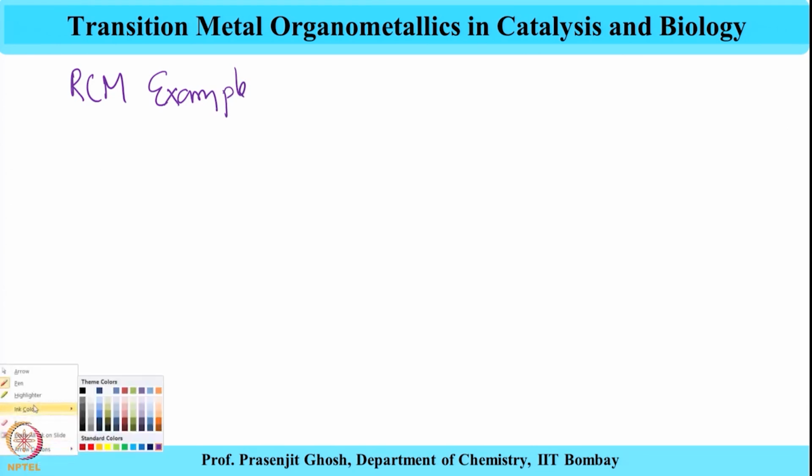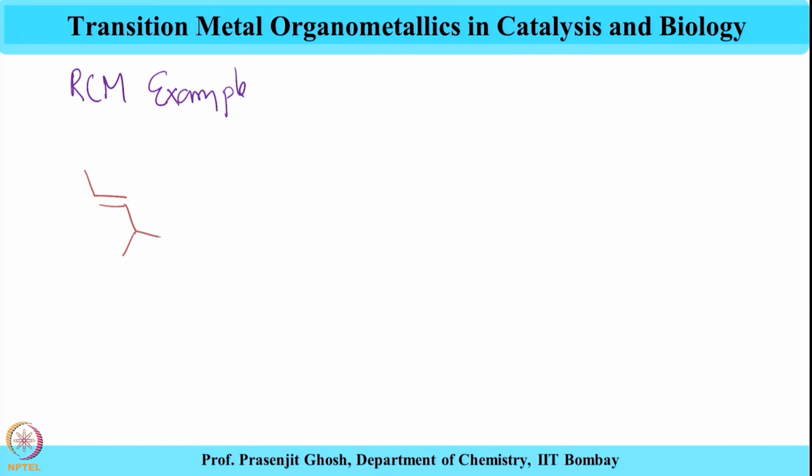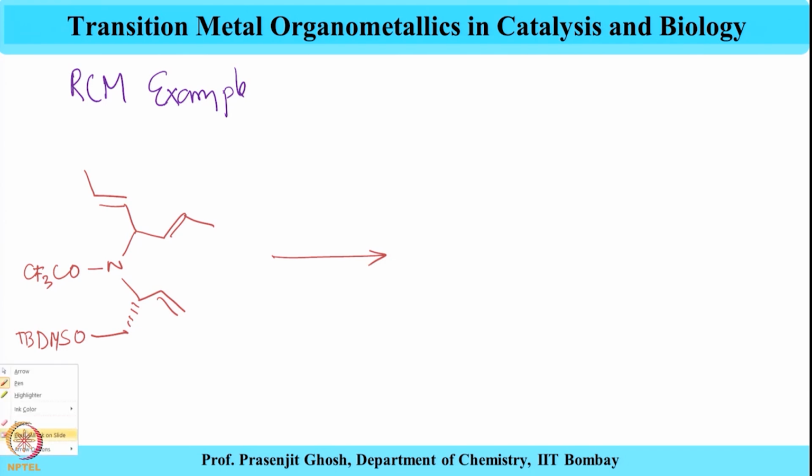So, this is in this complex substrate, nitrogen, O, CO, CF3, OS, TBDMS, and this undergoes ring closing metathesis, resulting in metathesis between these two olefins,